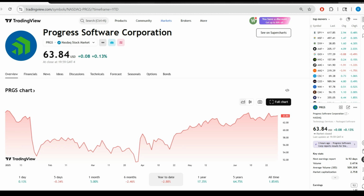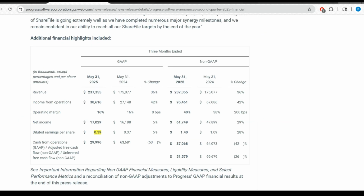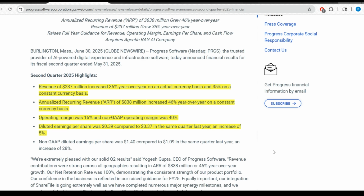The stock is trading down about 3.7%. They reported earnings today. We got Q2 2025 earnings, and we're going to try to see the numbers here and understand why this company is trading lower in after hours trading. However, second quarter 2025 highlights, we got revenue of $237 million, an increase of 36% year over year